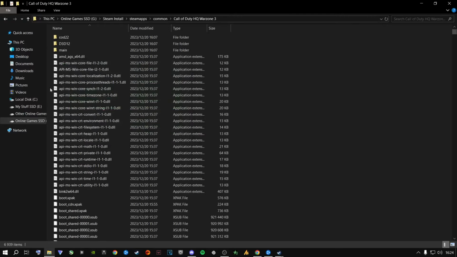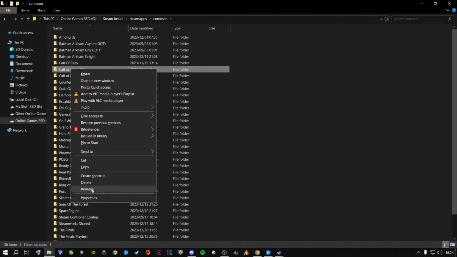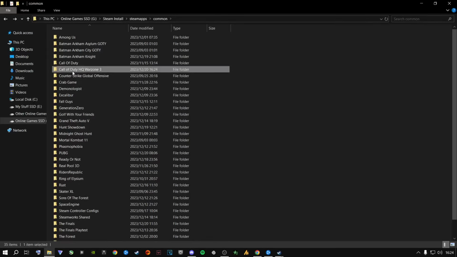Now, once it's finished, you're going to go one back, and you're going to delete this one over here because it is currently empty, right? So Call of Duty HQ is empty. You're going to delete it, and now you have this one over here, and this is where you're going to put your Call of Duty, all right? You're going to close out of this,